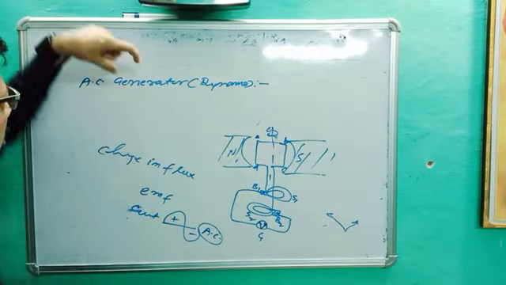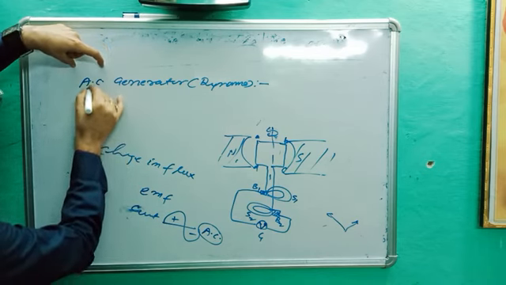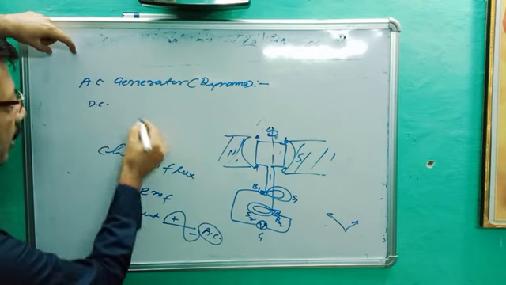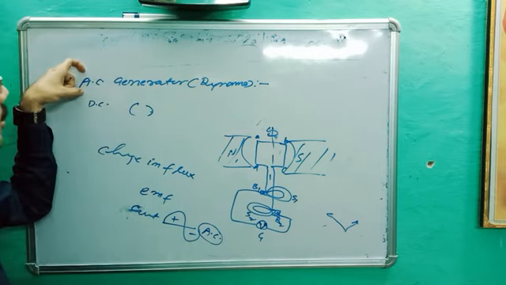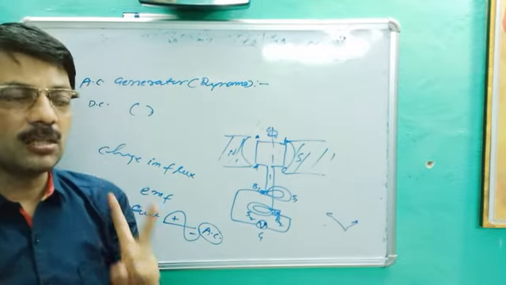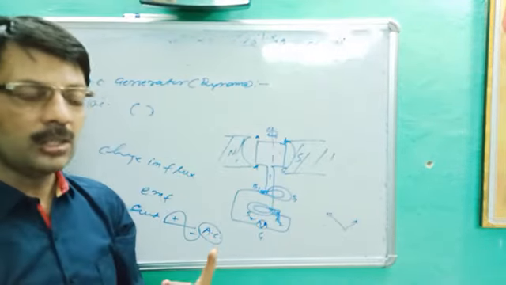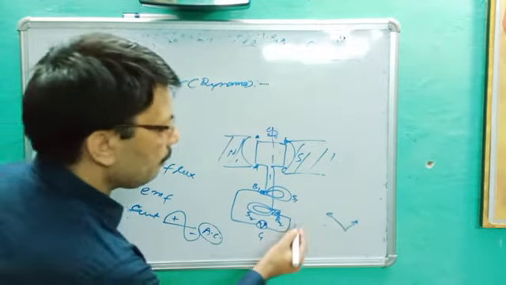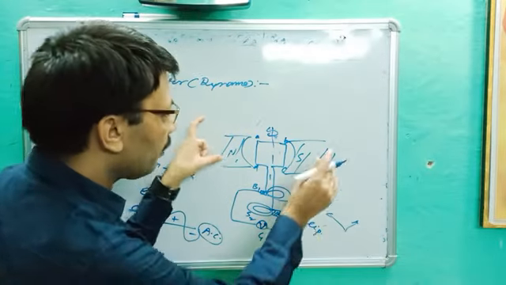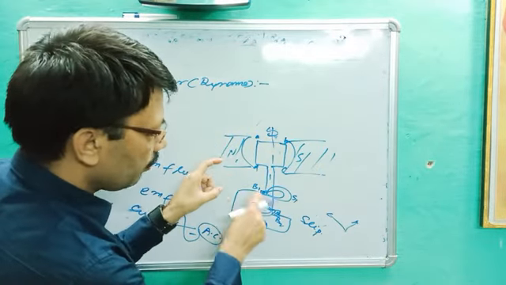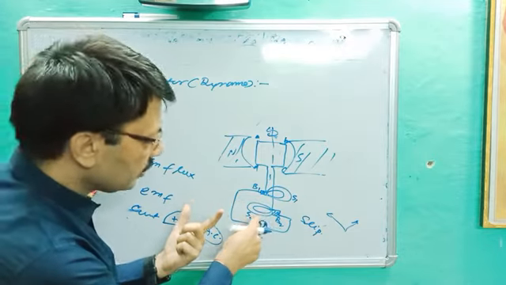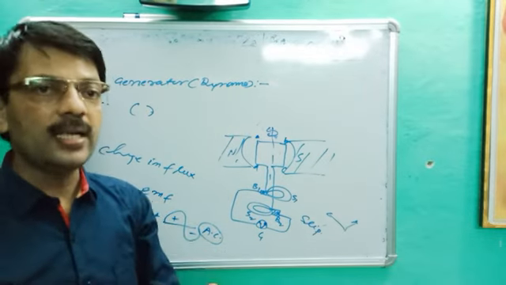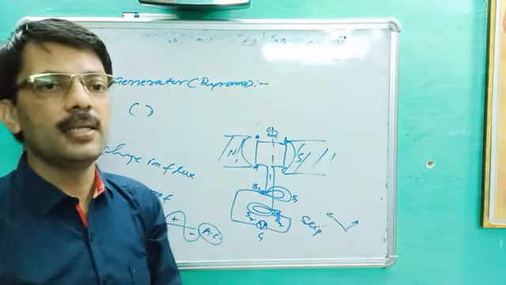And if I ask how you convert the AC generator into a DC generator, so instead of using slip rings, if you are using split rings, then the AC generator converts into a DC generator. This is the basic difference between AC and DC generator. But in your syllabus only the AC generator is given. If somebody asks, in the AC generator you are using slip rings, SLIP. The remaining parts are the same, field magnet, armature, brushes, they are made of carbon. You better know. Slip rings rotate but do not change their position, while split rings rotate and change their position after every 180 degrees.